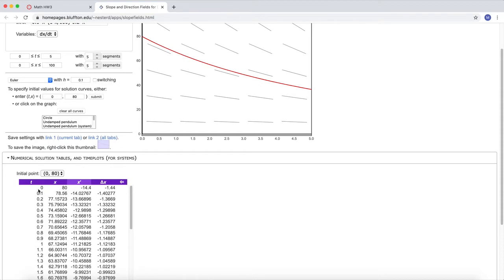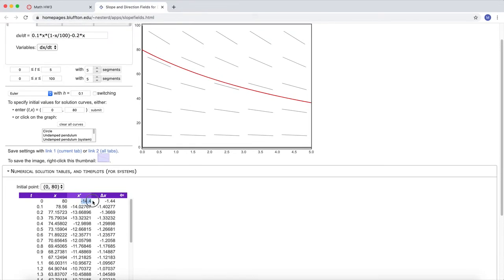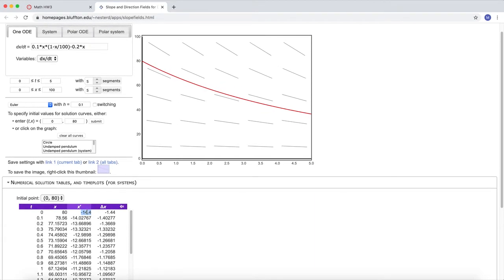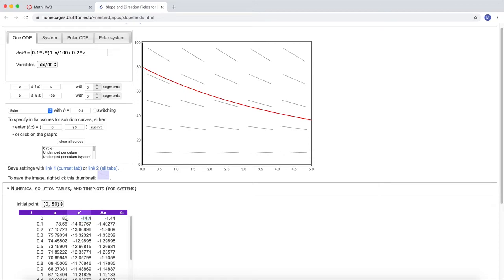So let's just talk about it a little bit. My initial condition is the value of the state x right here, 80, when time is equal to 0. And then in order to implement Euler's method once, the first thing I would do is compute x prime, which it says is negative 14.4. I would compute this number by plugging in the current state 80 into the system right here. So if I replaced all these x's I see up here in the f of x equation with the number 80, I would get this number.